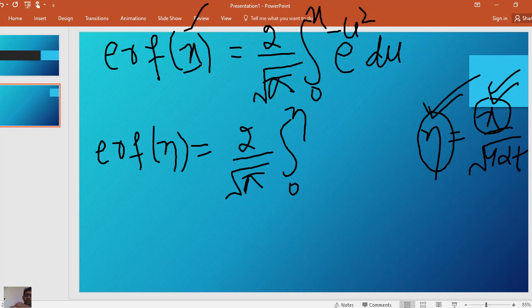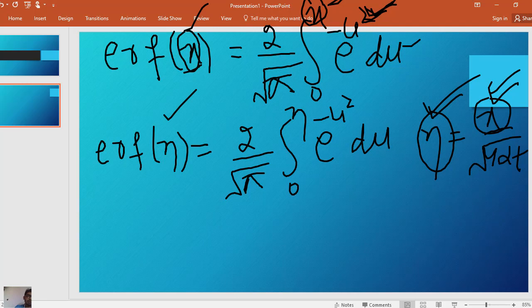the similarity variable. Remember, this is x, and this is another variable. It can be t or u or some other variable. So this is a dummy variable, and when this is x, this will be u. If this is u, then this will be x, and this will be dx. So remember this, these variables can be interchanged. So from 0 to the similarity variable, e to the power minus u squared du. This is the error function of the similarity variable, and the graph of this function